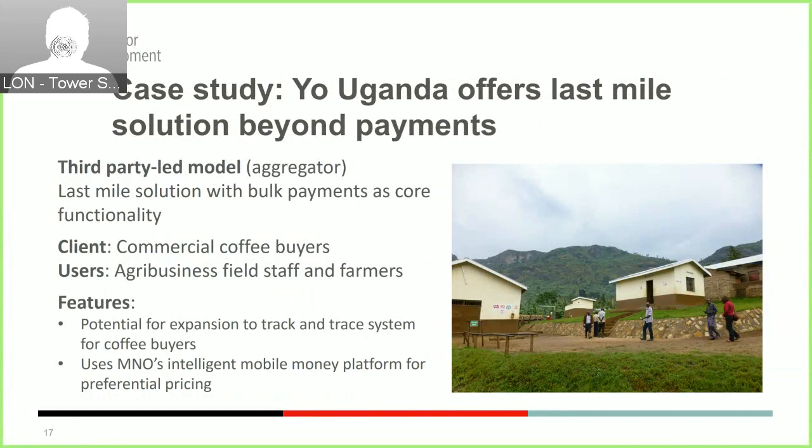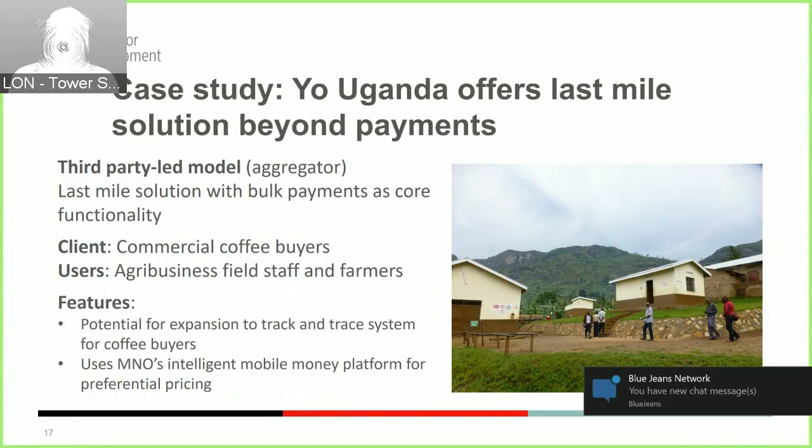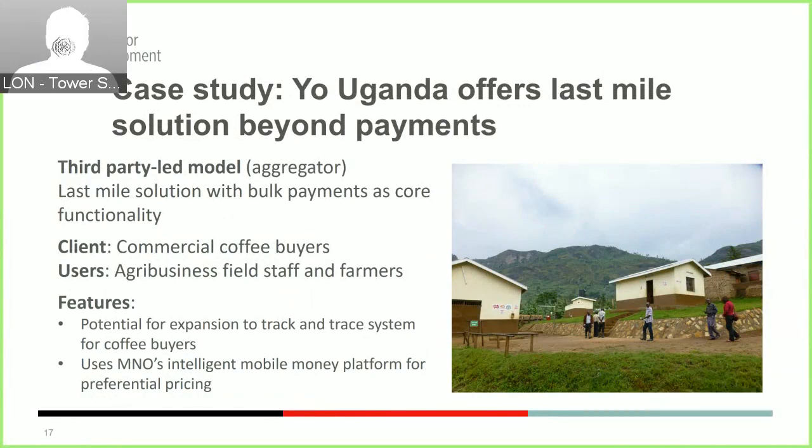So the digitization of payments here is still at the core of the solution, but a number of other key functionalities really are helping the agribusiness to improve overall last mile efficiency and better manage farmer relations. So besides making payments, the platform allows Kyagalani to store data on producers, for example, farm location, acreage, transaction history, which is used to create what they call a cumulative buying record for the farmer.